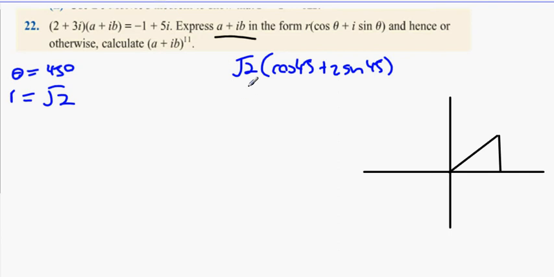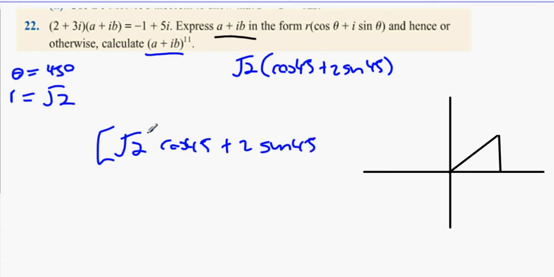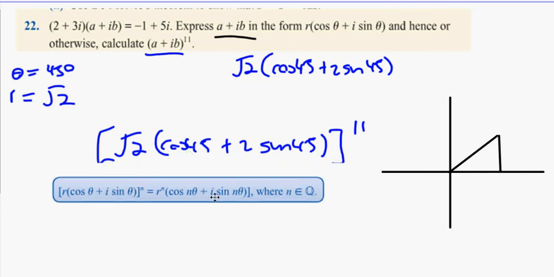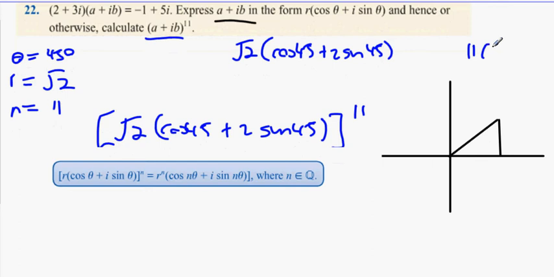Now that that's done, what we want to do next is raise this value to the power of 11. So you want root 2 (cos 45 plus i sin 45), and all of that is to be to the power of 11. So this is where we're probably using De Moivre's theorem. We have to select our r, our theta value, and our n value being 11. So 11 times 45 is going to be 495. So it's going to be root 2 to the power of n, which is the power of 11,